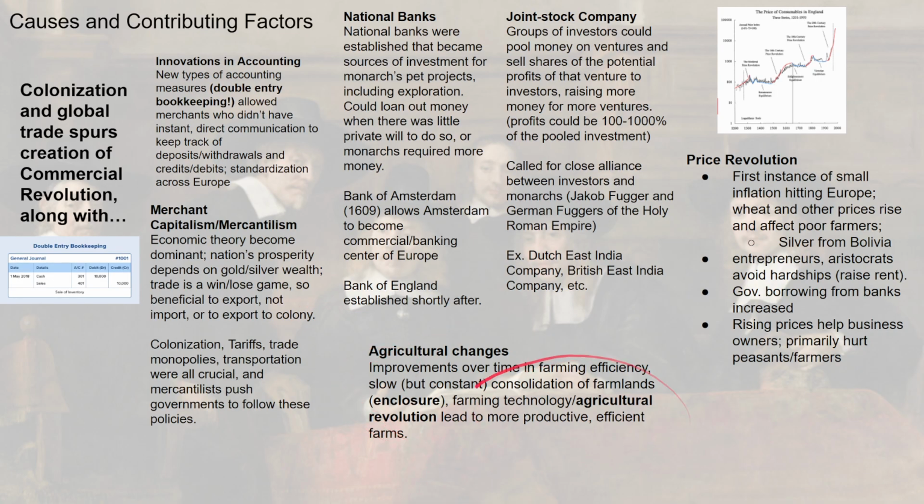We see the beginning development of the agricultural revolution. We're seeing places like England and parts of the Netherlands closing off common fields, or enclosure. We'll talk a lot about this throughout the next few units. And we're seeing different approaches to farming and farming technology. We'll talk more about this as time goes on, but that process is beginning in some areas.